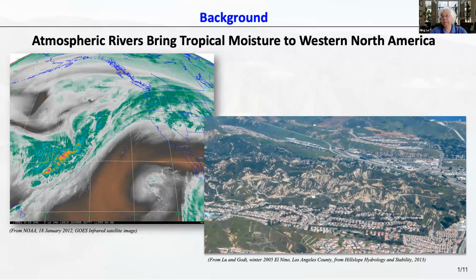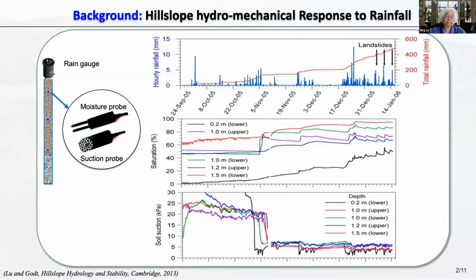What you see shown here is Southern California back in the 2005 El Nino year, just a little bit more precipitation than a normal year. It's going to cause this vast number of shallow landslides. So the framework we're going to build basically tries to capture the governing variables and to be able to use the meteorological data and the subsurface hydrological and mechanical properties to predict landslides as such.